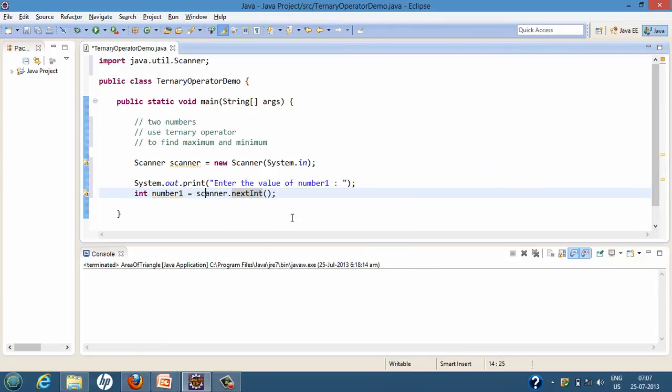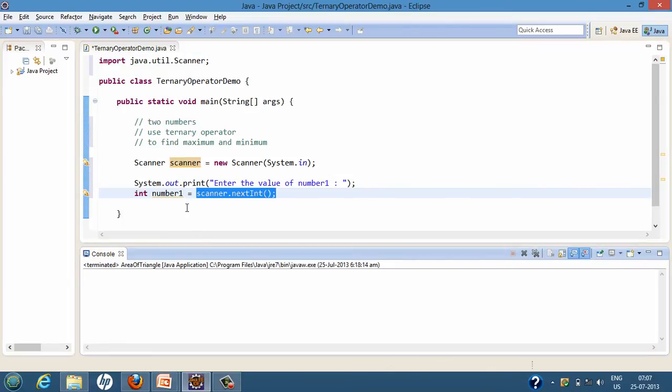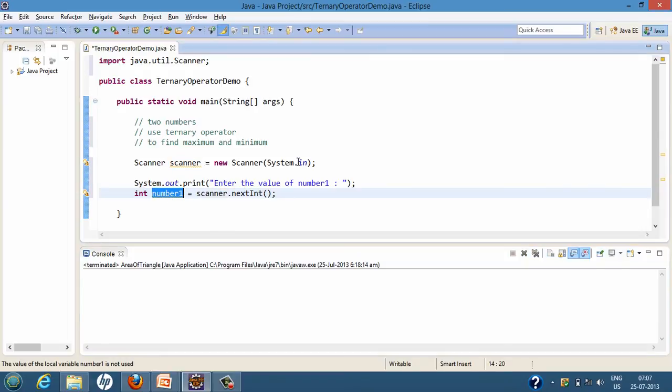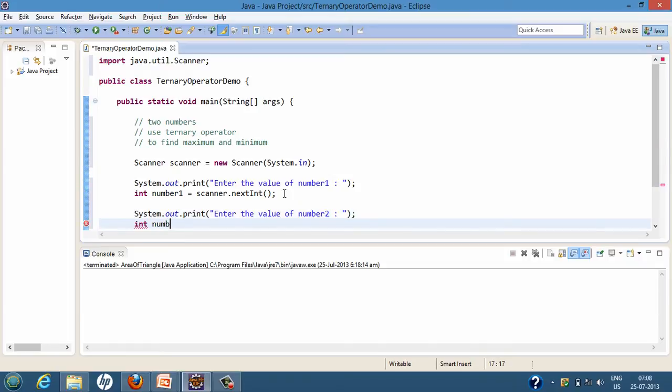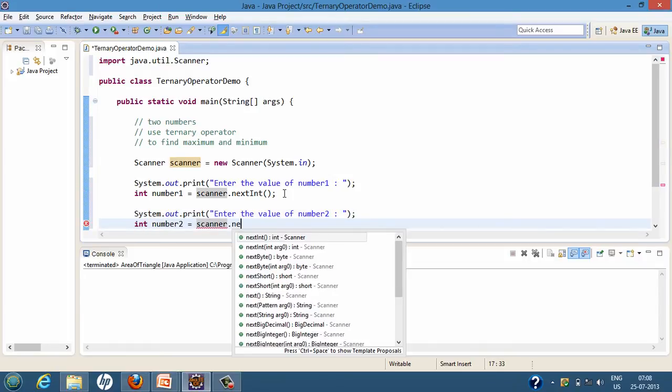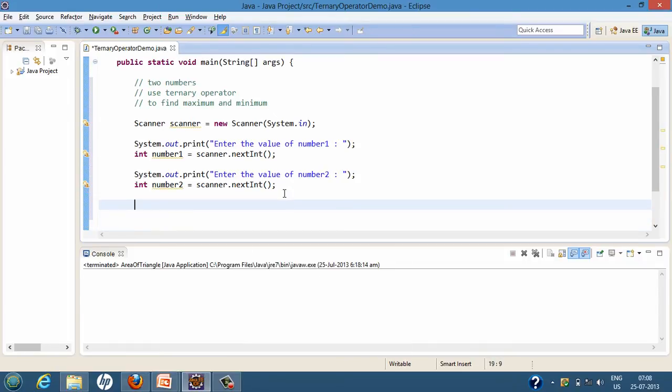So here scanner.nextInt just takes in whatever the user has entered on the console and assigns it to the number1 variable, and similarly we'll ask for the number2 variable. After execution of these two lines, we will also get the user input for the number2 variable.